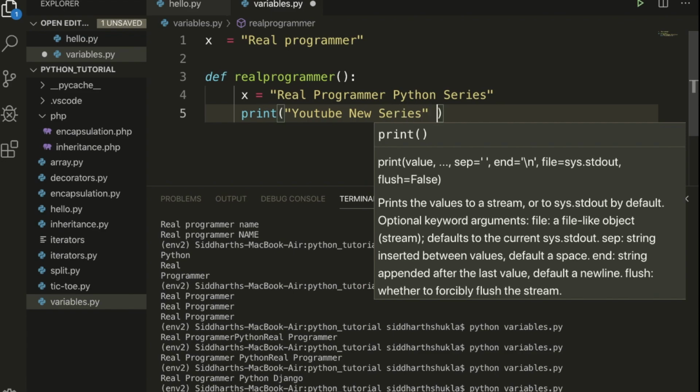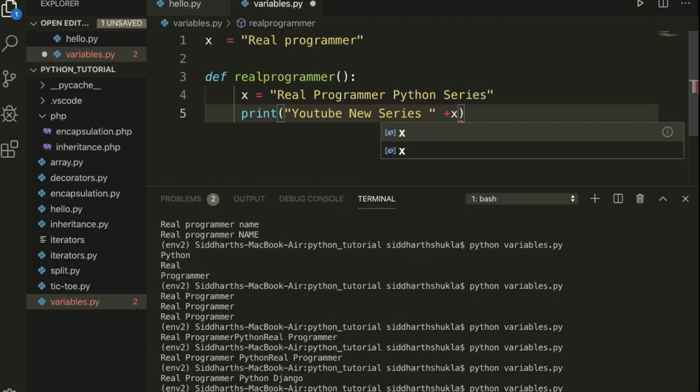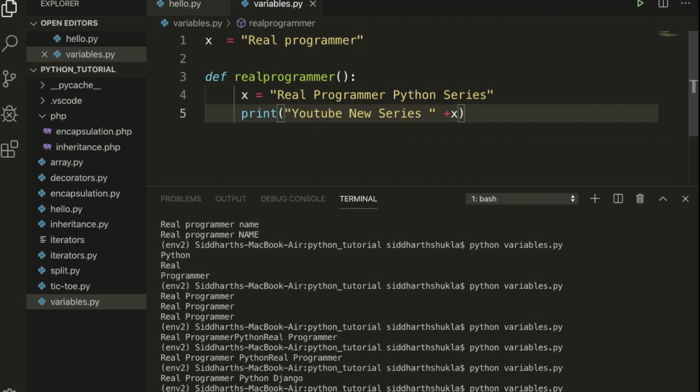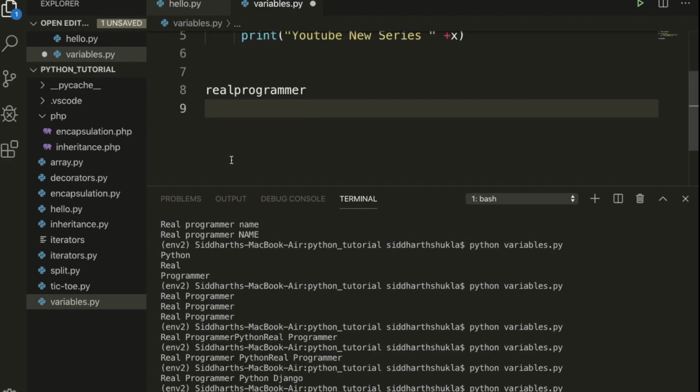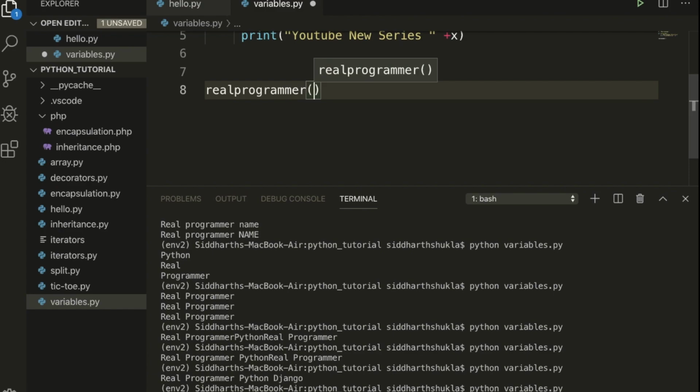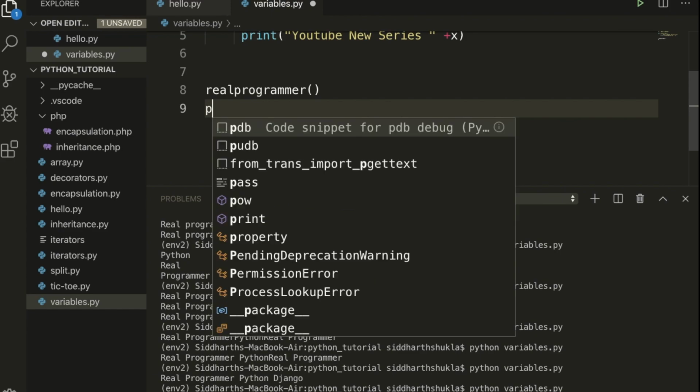Okay, now if you want to concatenate this value, you can use plus value. After that you can use your variable name. Once this is done, then we need to call our function's name. This is our function, we need to write here real programmer, and then use two brackets. Now I am going to print